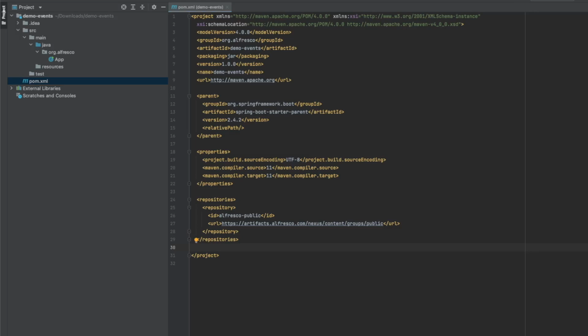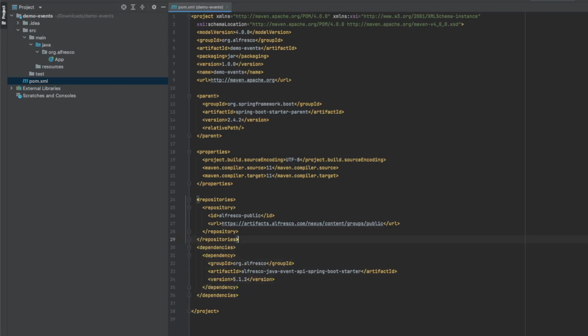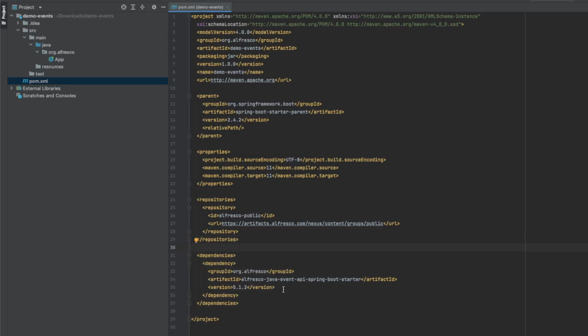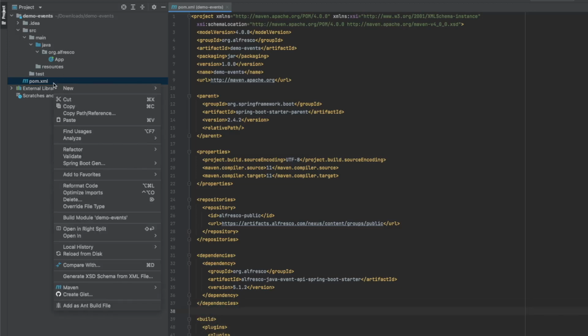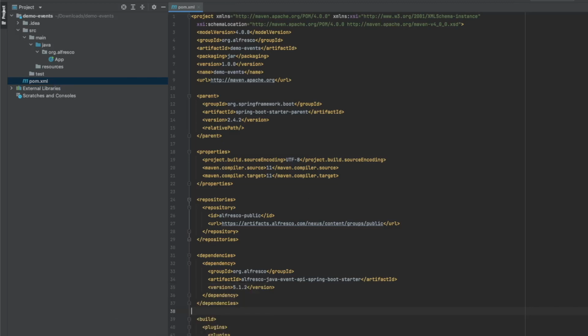And in this case, we are going to use the Alfresco Java Event API Spring Boot starter with this 5.1.2 version, that is the latest one. And finally, we can add the plugins for the Spring Boot artifacts. So everything is just set up for our Maven project. A simple Maven reload in order to get all the dependencies, and we can move to the